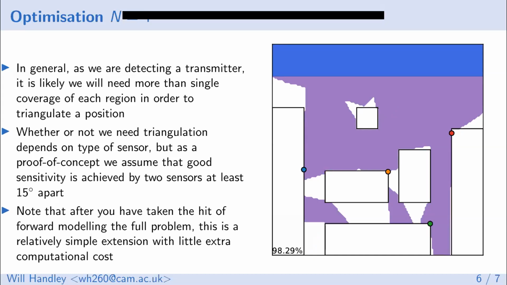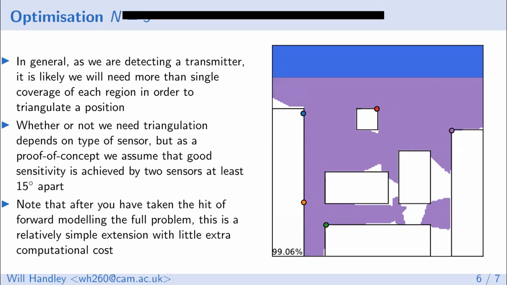As you move to 4, you start to get some interesting effects here. So for example, just so everybody's on the same page here, you can see that this region here is mostly detected by these 3 sensors, and this region here can be seen by both the orange and the green sensor, and this region, this corridor here, can be seen by the green and red, and similarly this region here by blue and green.